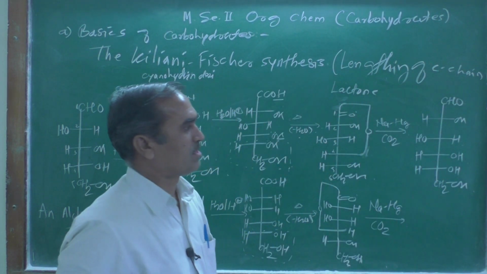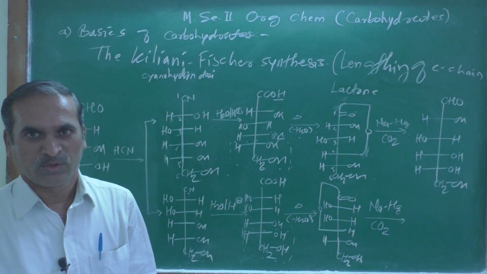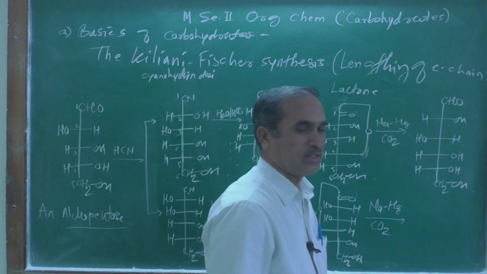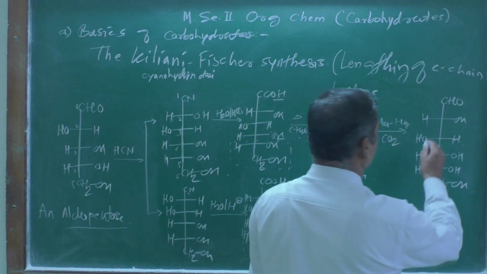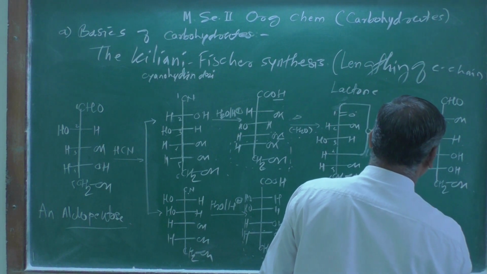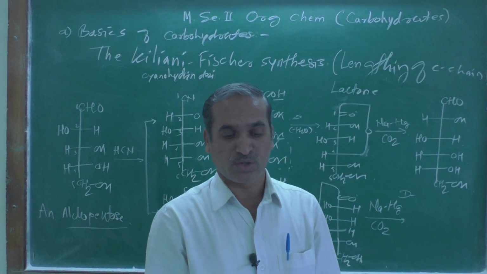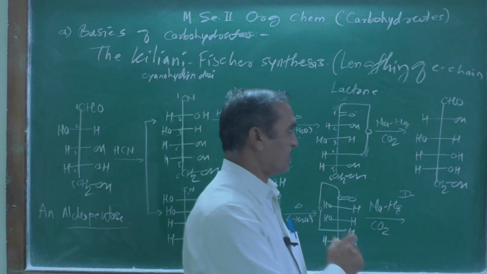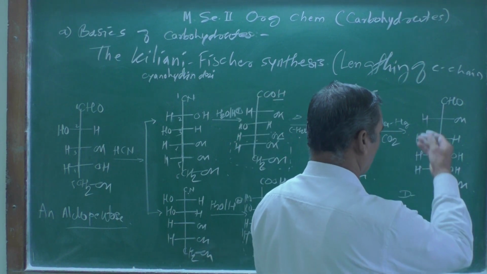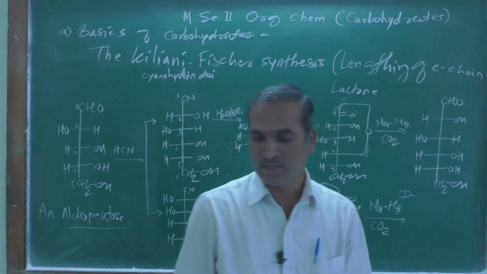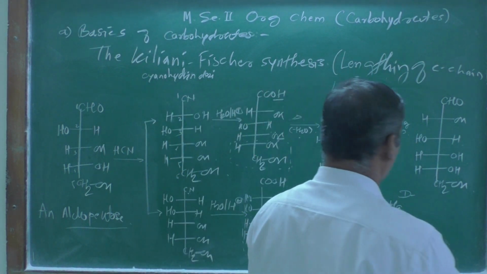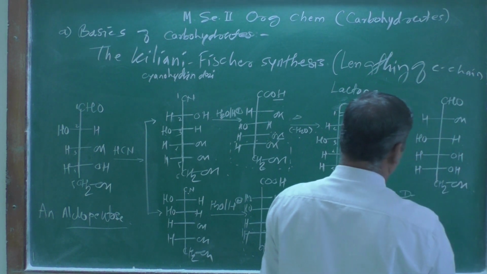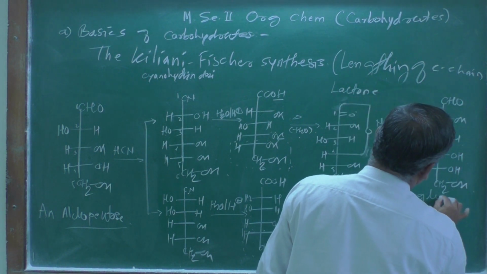If you observe this structure carefully, what do you see? Here they obtained the structure of D-glucose, which is very, very important, because throughout this carbohydrate chemistry we are going to learn about that D-glucose. So we are frequently going to use D-glucose, a very important compound as far as carbohydrate chemistry is concerned. So this is D-glucose.